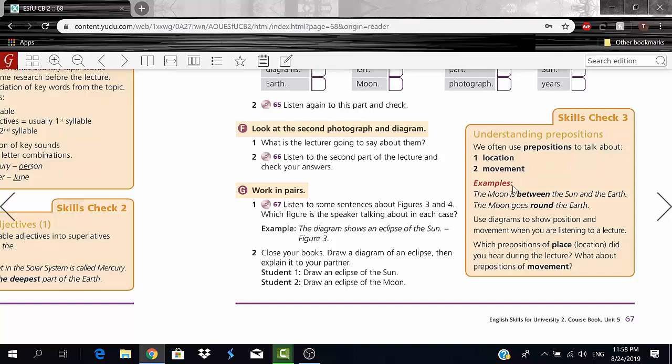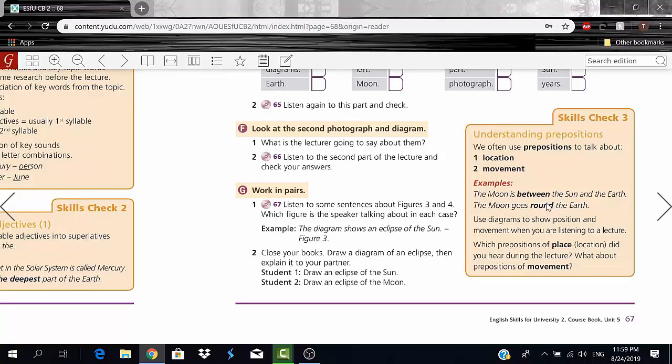So, for example, the moon is between the sun and the earth. I'm here talking about location of the moon. So, where is the moon? The moon is between the sun and the earth, and obviously between here is the preposition. Okay? But if I say the moon goes round the earth, here I'm not talking about the location of the moon.